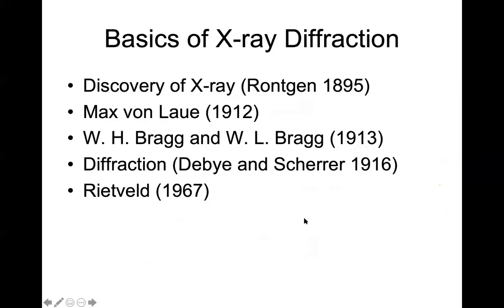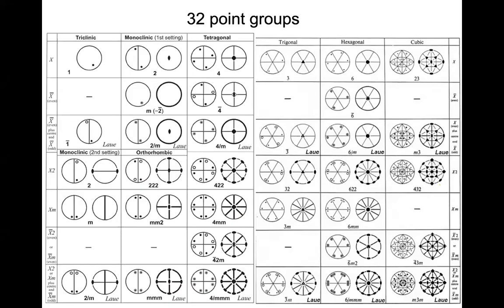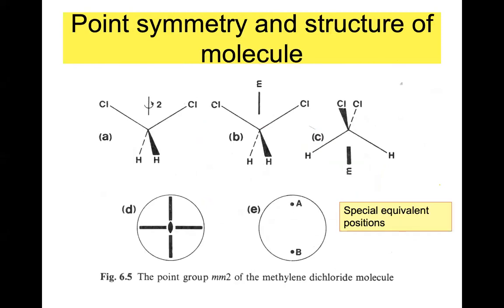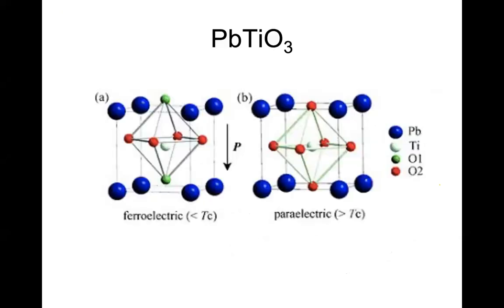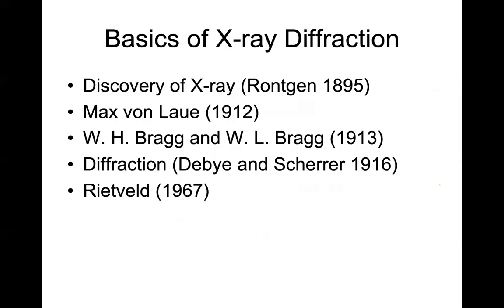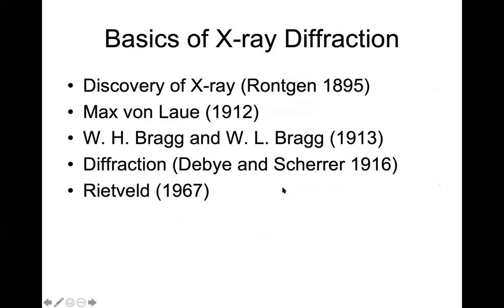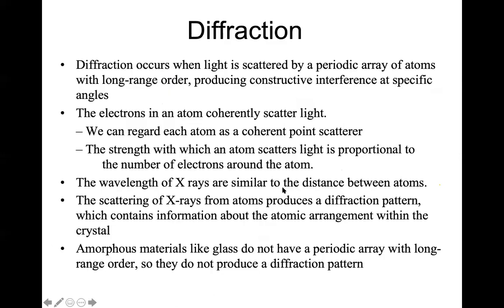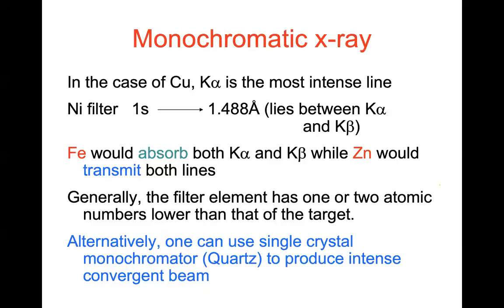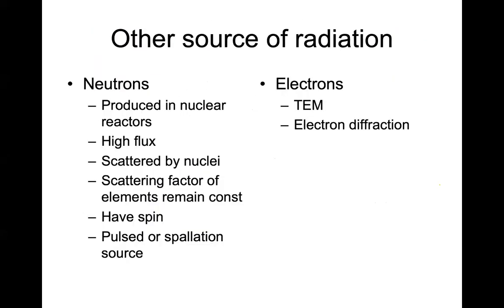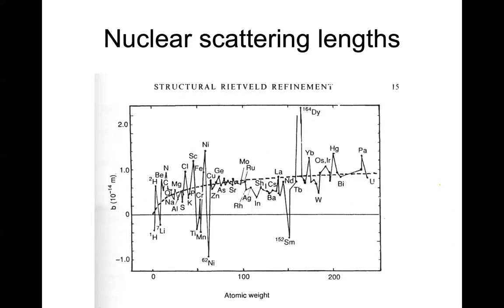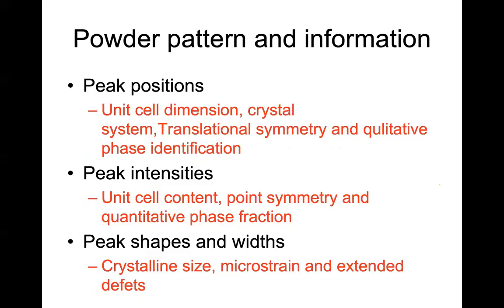Okay, so now I'm not doing very well in time, but unfortunately I cannot go into space group and basics of X-ray. So if you combine this point group with 14 Bravais lattices, we get space groups. Okay, so I don't know, but I have only 5 minutes. Okay, I will tell you at least the space group part.